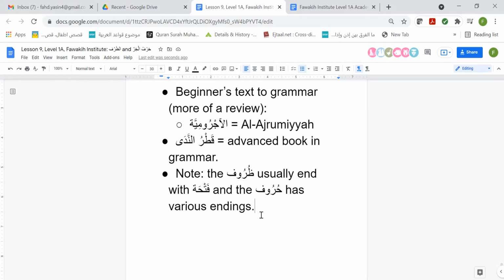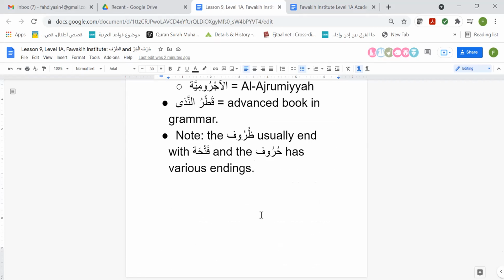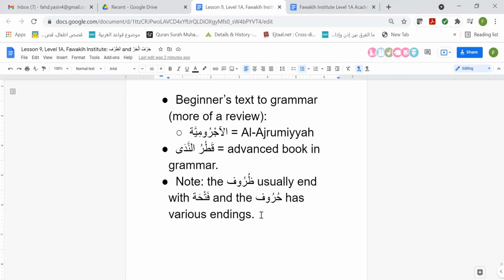So just something to keep in mind, that this stuff is difficult. There's no doubt about it. You're not going to get a spiritual high or an iman high, as they call it, from studying grammar. That's just not a thing. But it's necessary to study this stuff if you want to access the Quran, or really any Islamic text, but especially the Quran. As you guys know, I don't have to go on a saga about that. You guys understand that. That's why you're here with Fawakih studying this stuff. So it is difficult, but just be aware. This is just part of the process, really.